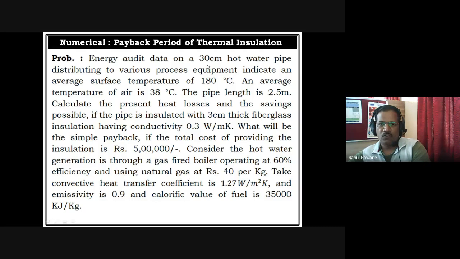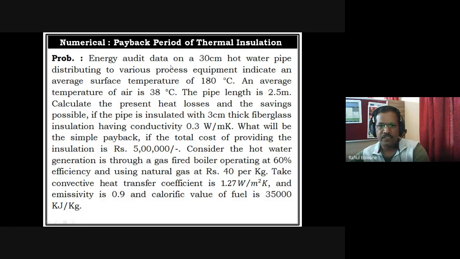Now suppose that hot pipe is there in a room. So the outer surface of the hot pipe will dissipate heat in two ways. One is by the surrounding air, which comes in contact with the outer surface of the pipe and is convected out. So there will be a heat loss by convection. Secondly, the outer surface will directly radiate heat. So the second part of heat loss is by radiation. So in this particular case, the total heat loss will be by convection plus by radiation. So let us see further what the statement is.